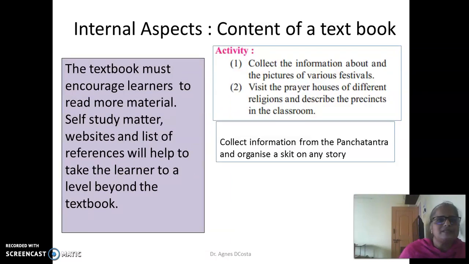A textbook must encourage learners to go beyond what is in the textbook. They must be encouraged to learn and read more material. So self-study matter, websites, a list of reference books will all help to take the learner to a level that goes beyond the textbook. For example,